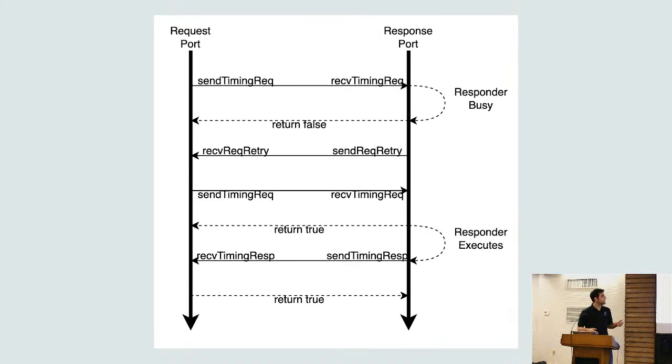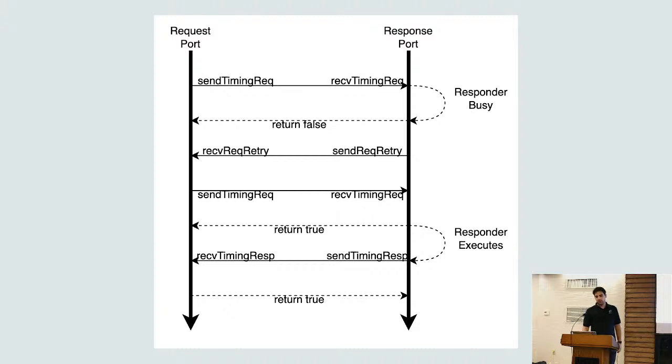Okay, a little bit more complicated situation is where the responder doesn't have the bandwidth. Again, send timing request calls receive timing request. The responder is busy, so it returns false. The requester knows, well, I failed to communicate that request. However, the responder knows that in future, when it has the bandwidth to receive it, it has to call send request retry, which in turn will call receive request retry on the request port, which tells the requester to now send the request again. And the same process will happen that we saw in the last slide,